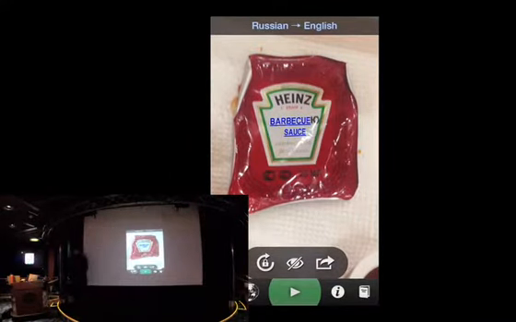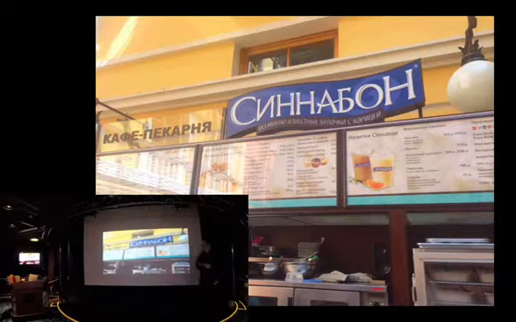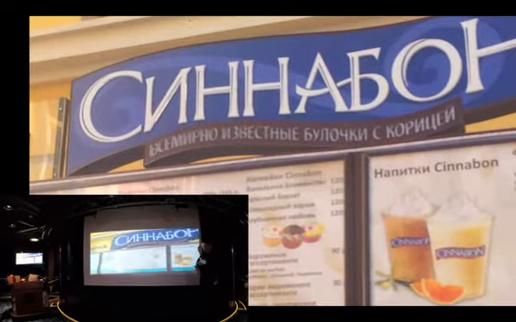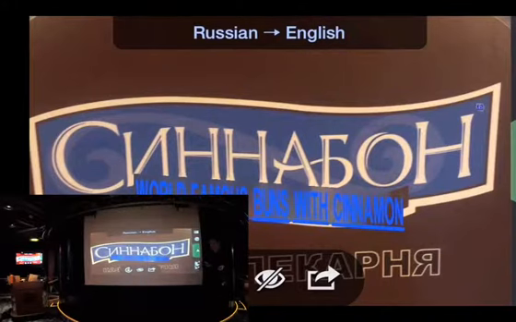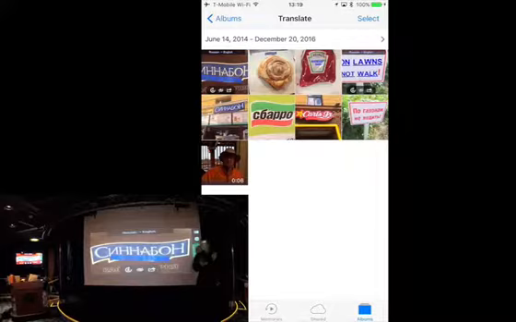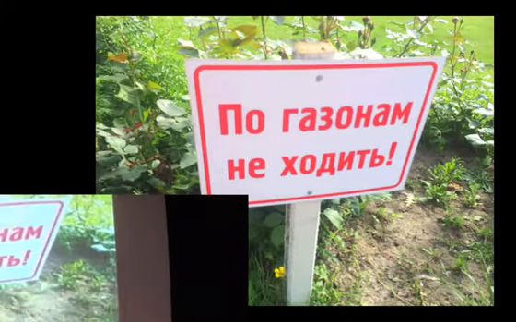I had it set. You see it's going from Russian to English. I went to another fancy Russian establishment, which is that. Yeah, we know that's what that says, but do any of you know what that says? It says, world famous buns with cinnamon. Or to show you true before and after, I walked up to a palace.